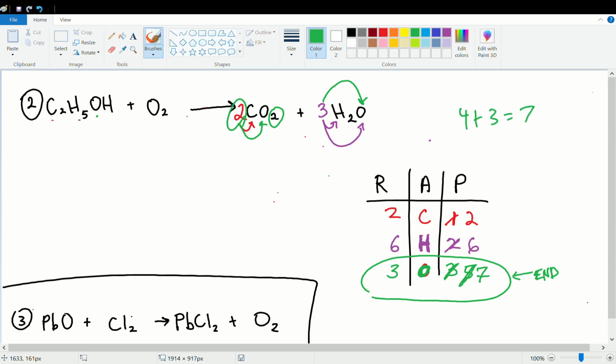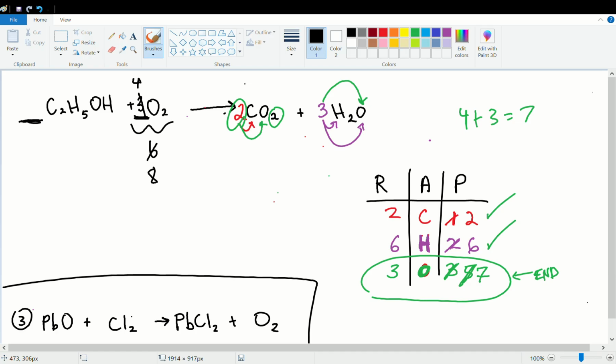So now I see that my carbons and my hydrogens are fixed, but I have an issue here with my oxygens. So I'm going to go ahead and erase this number so that I have a little bit more space. And so the problem here is this. Now I have to go back and fix the oxygens. However, if I put a number out in front over here, it's going to mess up my carbons and my hydrogens. And if I put a number out in front here, even if I put something like 3, I can get 6 out of this. If I put something like 4, I can get 8 out of this,